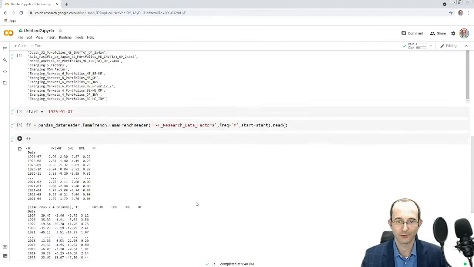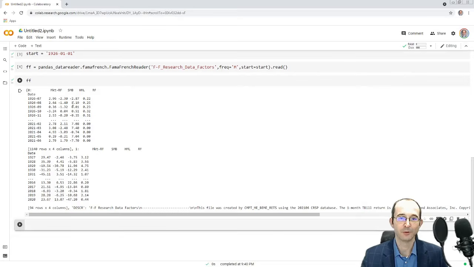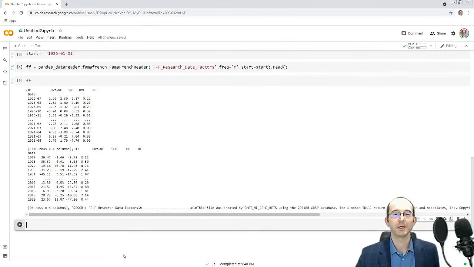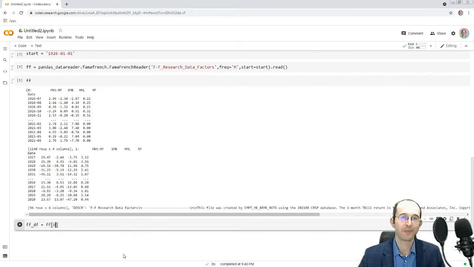Actually, we see that this isn't exactly a data frame. There's two things in here. Element 0 is indeed the data frame, and element 1 is something else. So actually, let's just get the data frame of returns by taking the first element of this thing that the Pandas data reader spat back to us, containing these two elements. The first element was the actual data frame of factor returns, as you can see,